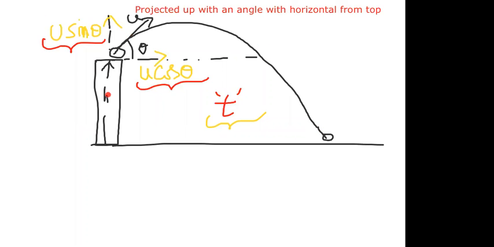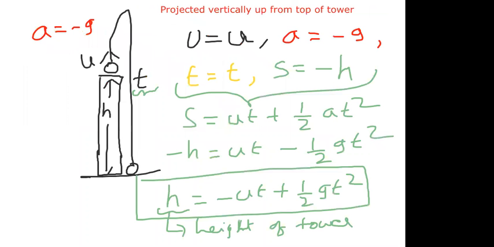So now we are discussing h, and h is related to vertical direction. So what is the velocity we are projecting in vertical direction? Observe only velocity in vertical direction, because I need the formula for h. h is vertical height. Tower height is vertical. So what is initial vertical velocity? u sin theta. As usual, acceleration is minus g because body is projected up. So now I can compare with my previous concept.